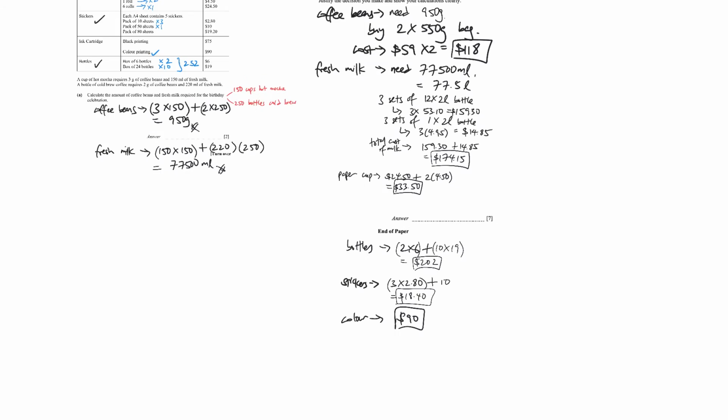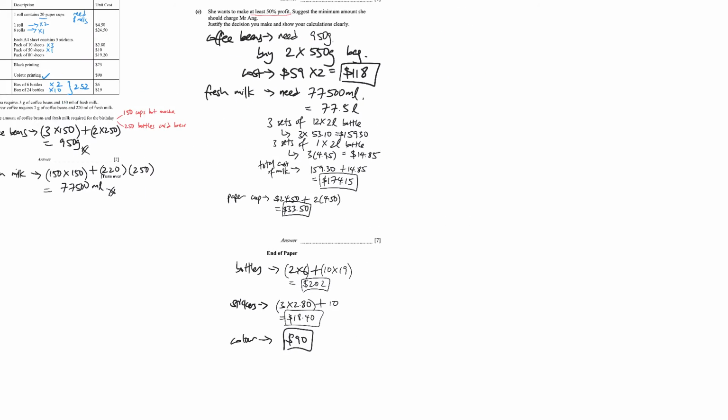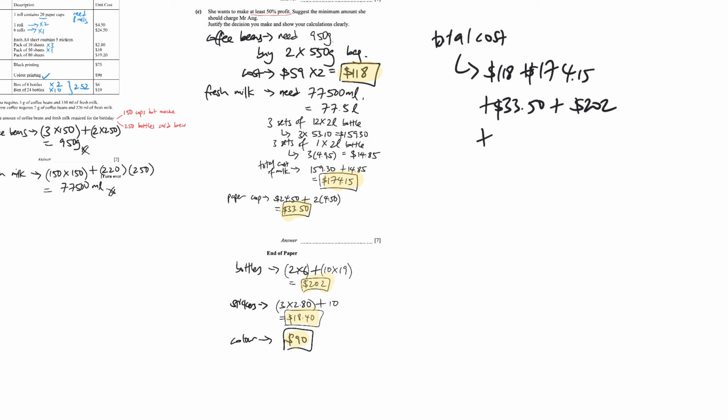Okay. I think we found all our necessary costs. So let's look. Okay, total cost. We have all these. I'm going to just highlight for you. Right. And so we just add them up. So we say it's going to be 118 plus 174.15 plus 33.5 plus 202, 18.4, 90. Total cost will give me